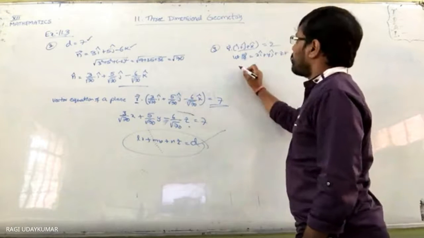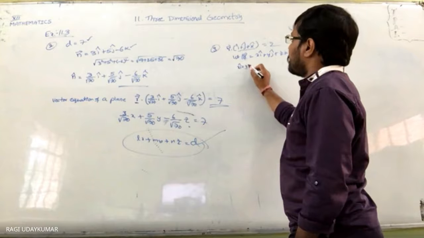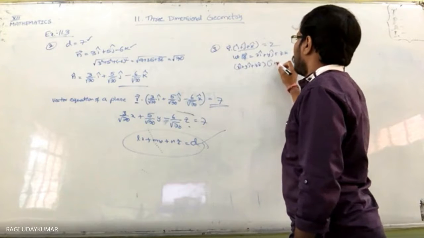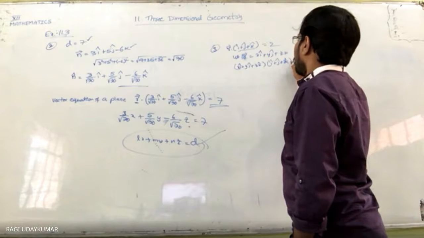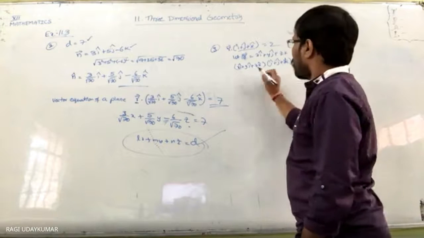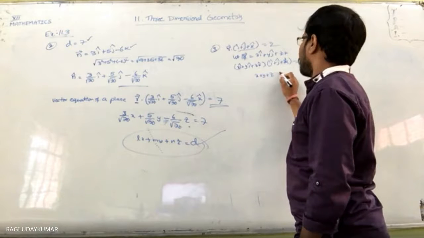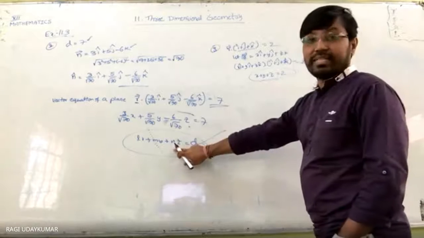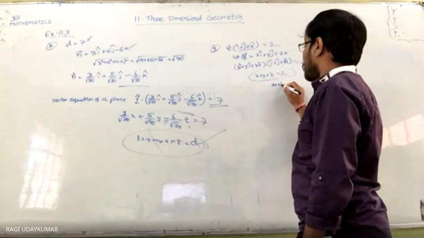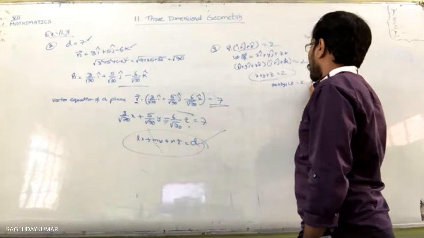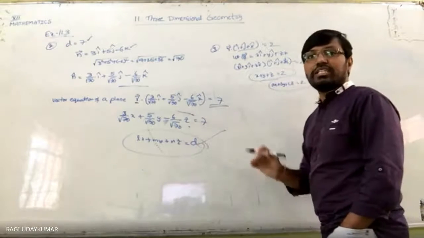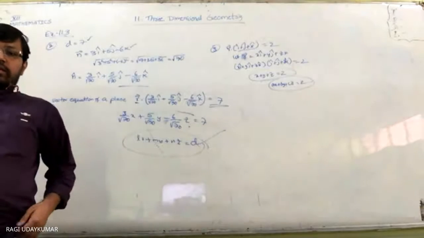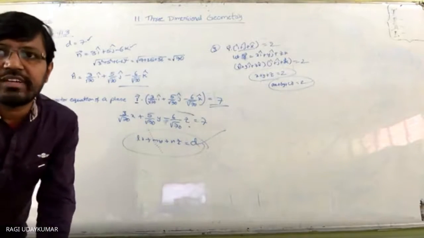इसमें प्रॉब्लम है. So if you write here xi yj zk dot i j k is equals to 2. Now multiply: x plus y plus z is equals to 2. This is in what form, you know? Not lx plus my plus nz. It is in the form of ax plus by plus cz is equals to 2 form. Cartesian form of the equation of a plane. समझ में आया? Cartesian form of equation of a plane.